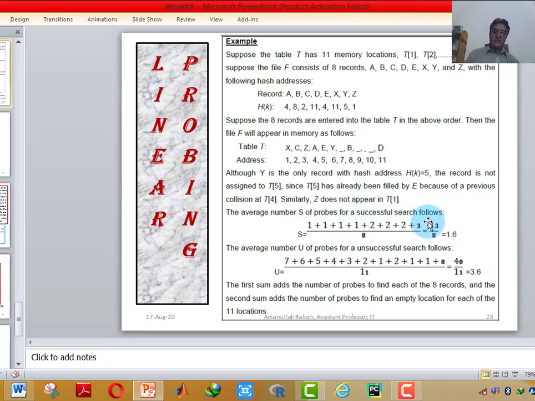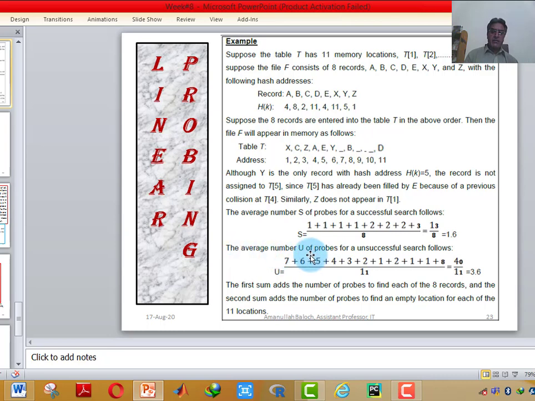These were the successful searches, and each record takes this much time for searching its location. Total records were 8. We will sum up. The sum is 13 divided by 8. The average is 1.6. Each record takes 1.6 searches to find its proper location. This was the calculation for successful search.